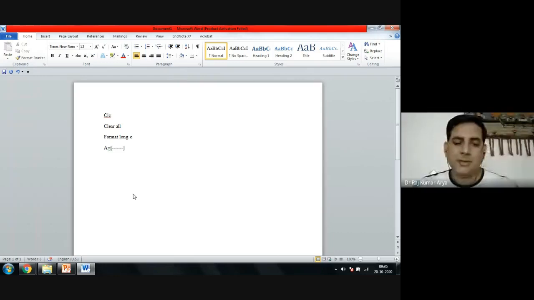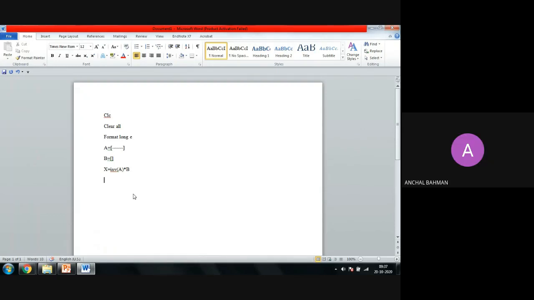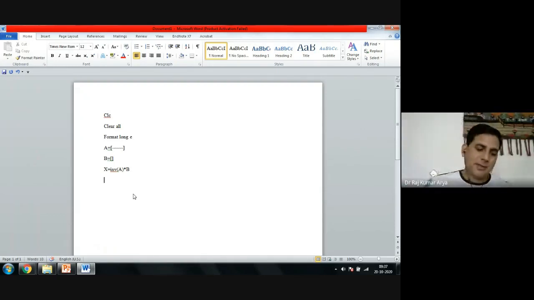Yes, sir. Then you are entering your B matrix, the right hand side matrix, and finally your X would be the inverse of A. You can write inverse; this is a command in MATLAB. Inverse of A multiplied by B, and that's your answer. So these things are fine, because from here you will start your work.